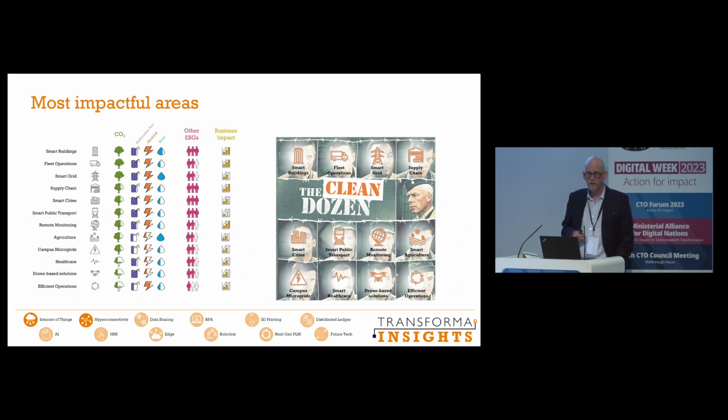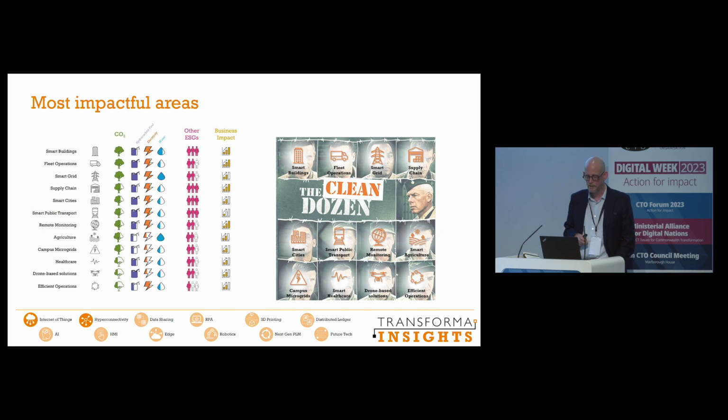Smart grid is another area. There are tremendous losses associated with electricity grids around the world. And the application of smart grid technology to be able to better understand the ways in which electricity losses are happening, to minimize those losses, whether that be within the grid or whether that be with smart meter deployments,